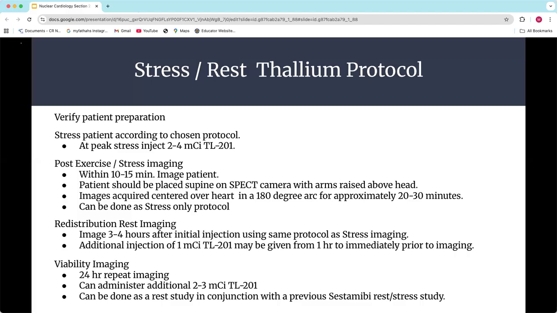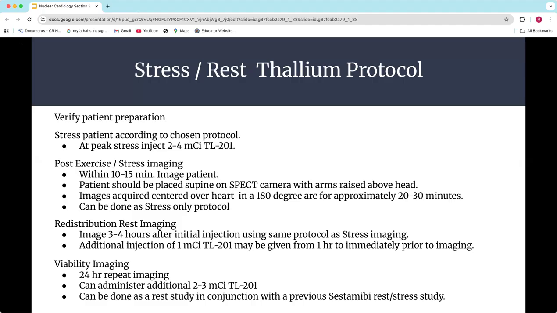And what's happened is by that time they've calmed down, they're at rest. And you might be thinking, well, wait, we gave them the thallium when they were at peak stress, and it went in there and locked into the heart muscle and was showing us. But again, this is why this redistribution principle is helpful with thallium, because it washes out and it goes through a few of those cycles. And by the time you come back 3 or 4 hours later, you're going to catch it in a cycle now where your heart is completely relaxed. So it's going to be a rest image, okay?